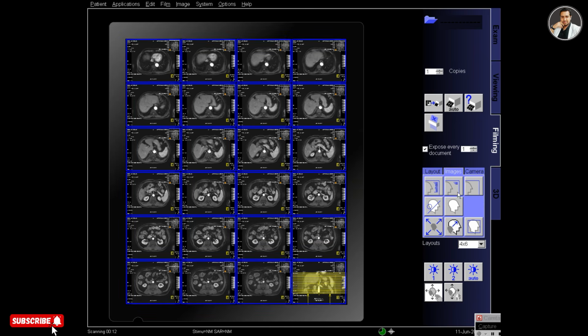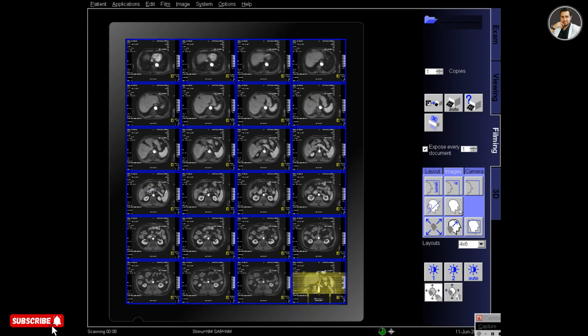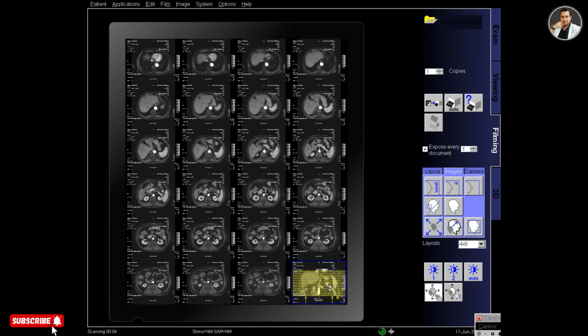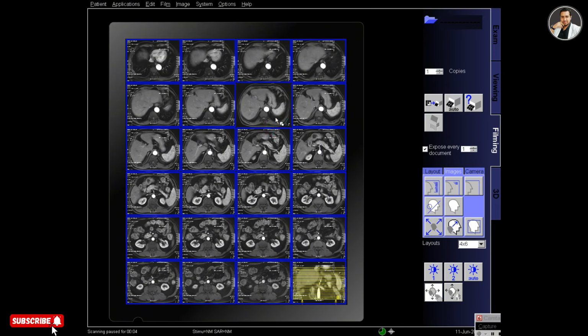The layout is 4:6. Remove the reference images, adjust the reference image and zoom in the images.